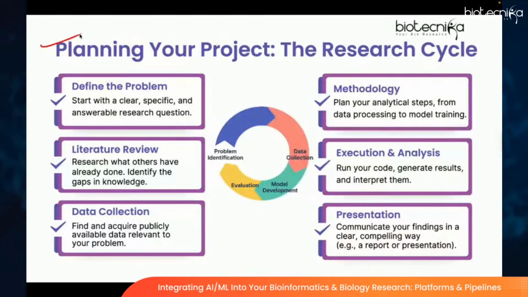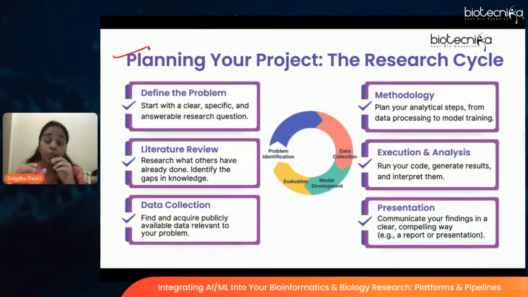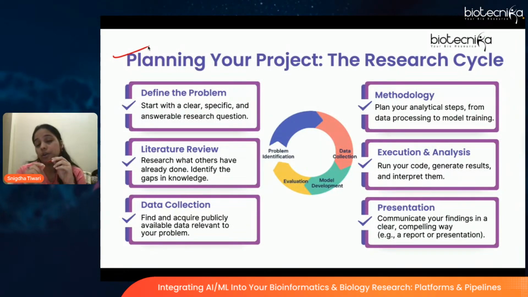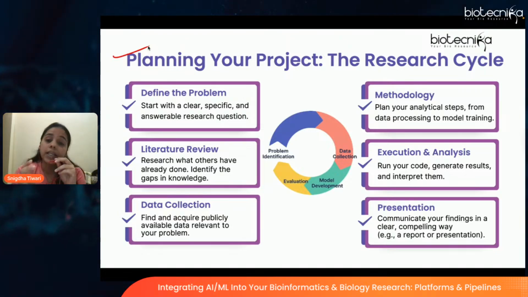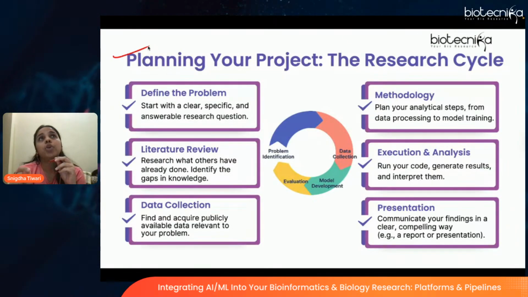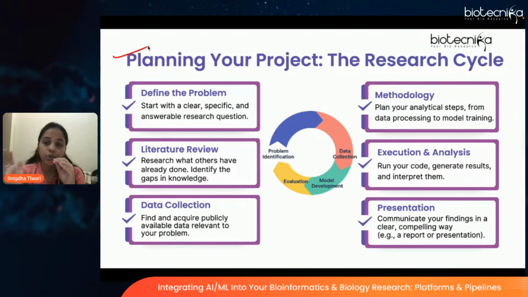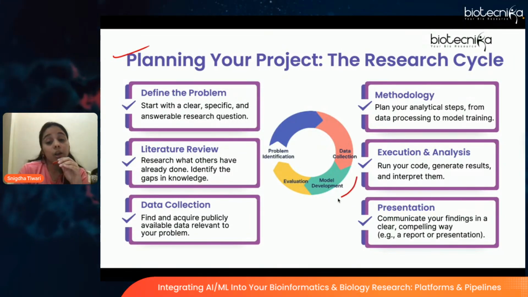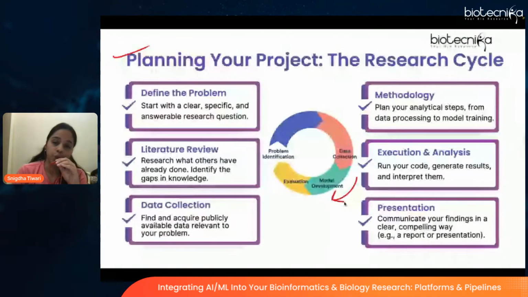Planning a project with a research cycle. There is a whole research cycle with picking up any project. Data collection should be your first target. Picking up anything, because of course you have to analyze your data, right? Once you have analyzed that, this is my research gap. Once you have chosen your research gap, picking up data is the first and foremost thing that you'll do. Going ahead, after the data collection, you will want to develop your model.